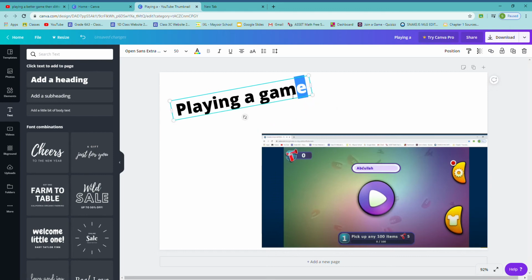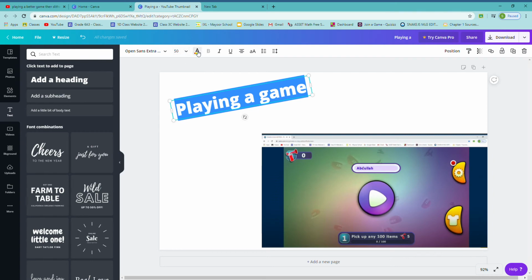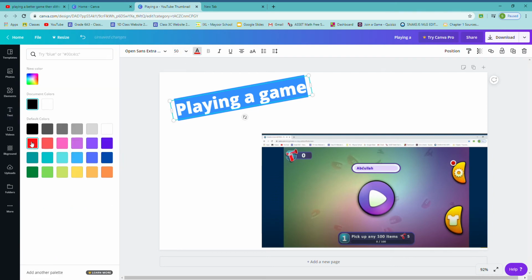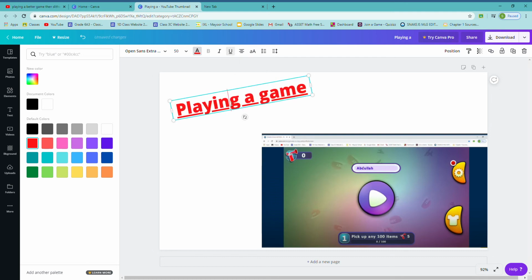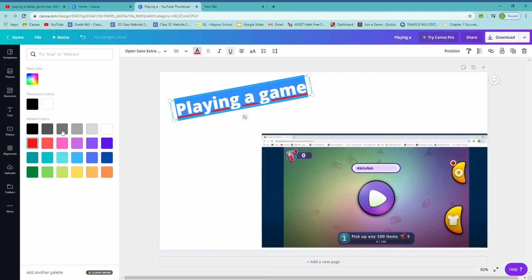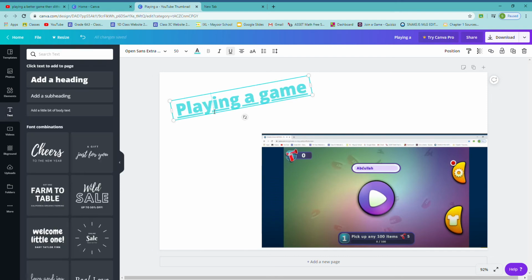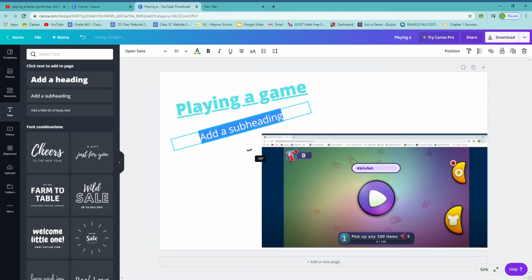and then you copy it, add any color you want, whichever is your favorite, underline. I use a blue color. Yeah, then you add another one, add a subheading, turn it,